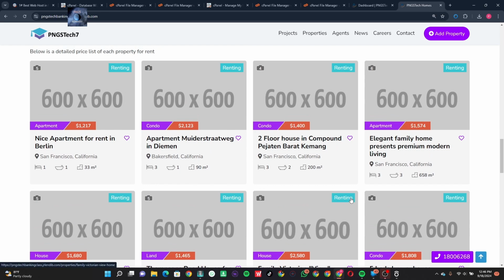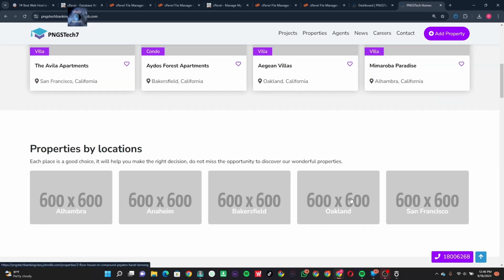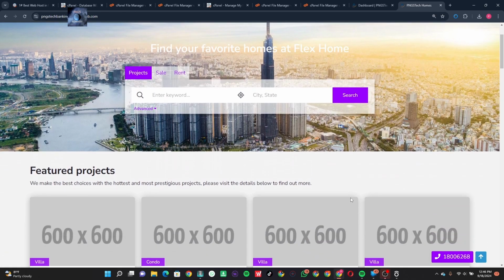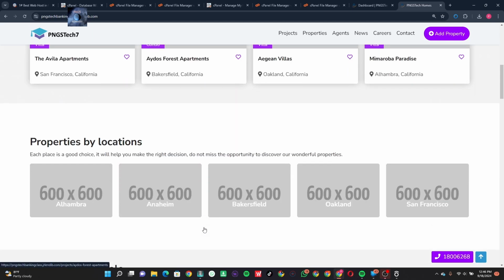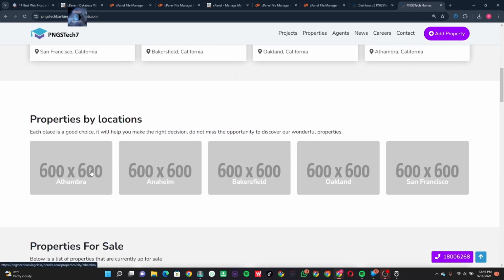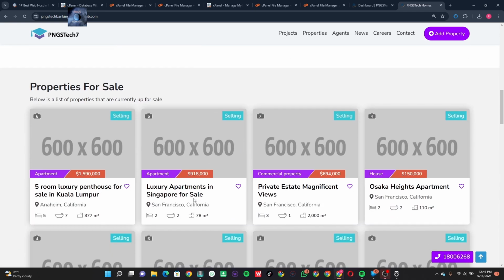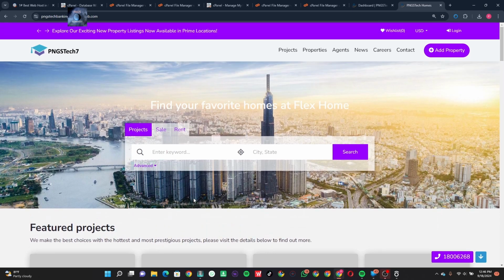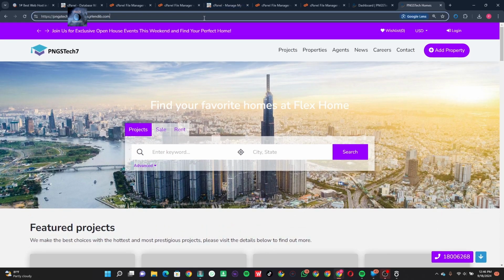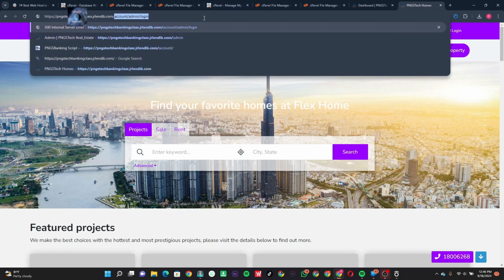There are some things that we ought to do. As you can see right here, on most of the featured projects we have no images. Property by location, there are no images, then the properties themselves have no images. So what we're going to do right now is log in back as the admin, and we're going to start uploading